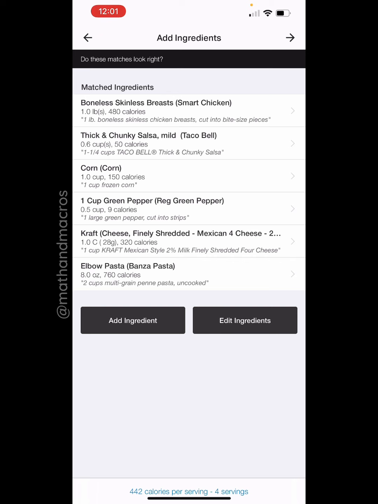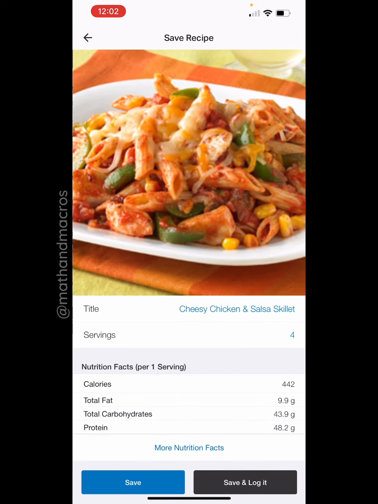And then look through and make sure everything else matches up. This is the type of cheese that we use. It's the 2% milk cheese, so it's got a little bit less fat in it. Generally the veggies are the same, peppers, corn, chicken breast is pretty standard. You may use a different salsa. We're going to roll with this Taco Bell brand, and I'm just going to push this arrow. And there it is. So I can see it already did 4 servings because it took that from the recipe. This recipe would be about 442 calories, almost 10 fat, 44-ish carbs, and 48 grams of protein. So you can just push save to keep it in your recipe